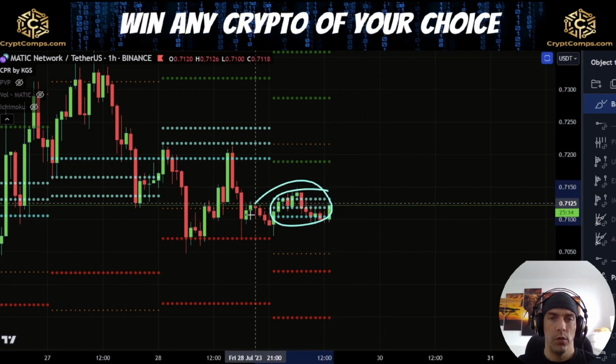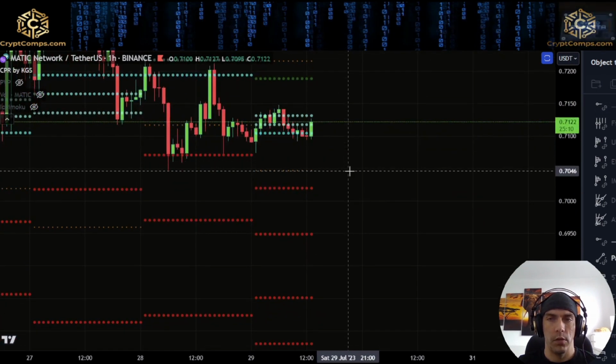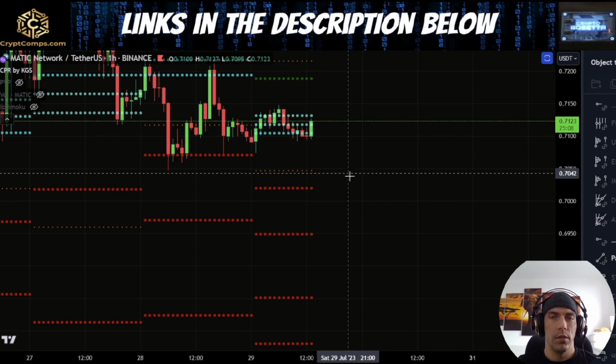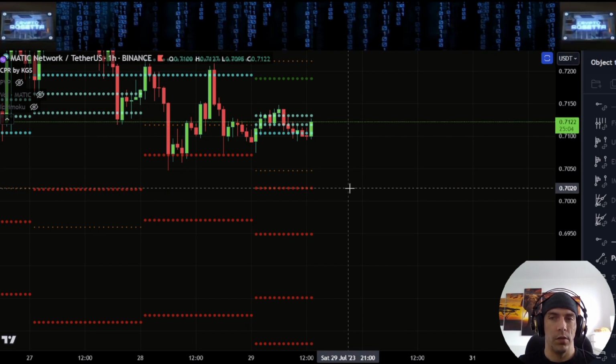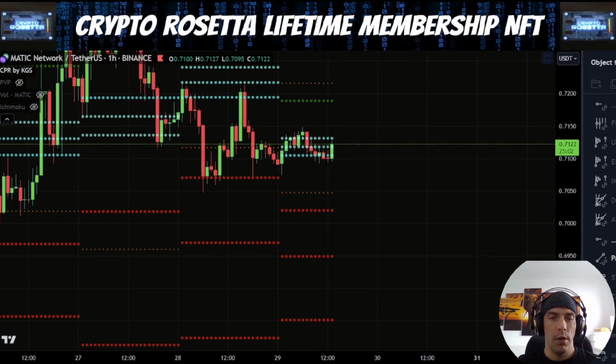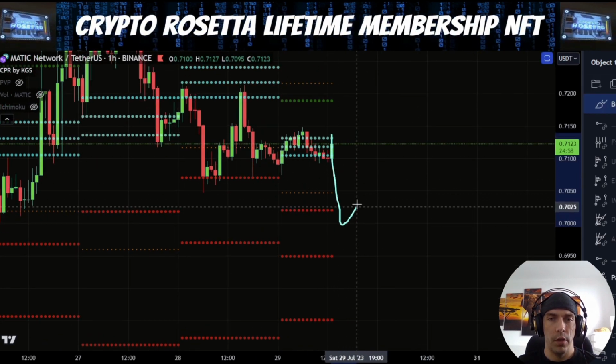If we, however, continue to reject off these central lines here, what we could see is price could actually be gravitated to the downside here. 70.46 is our previous daily low, which we'll be keeping an eye on, and then this 70.20. If we start to see price breaking down below this S1 line